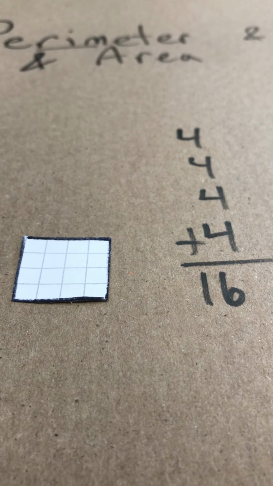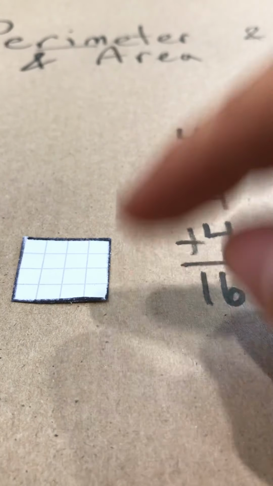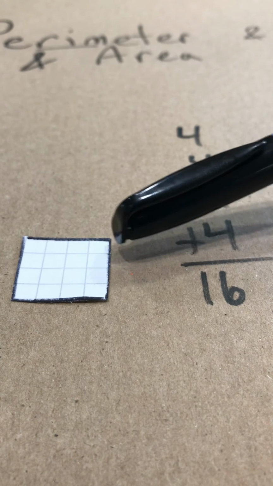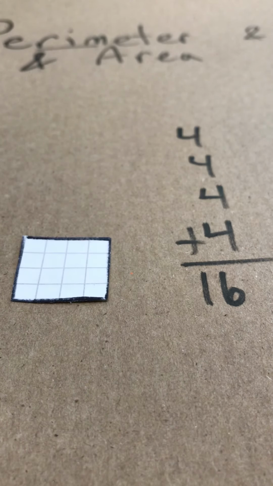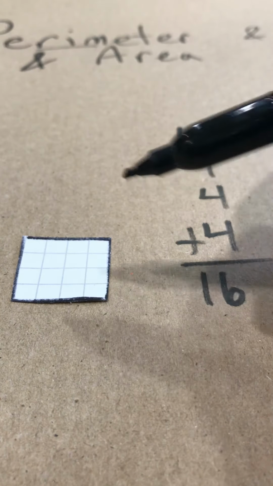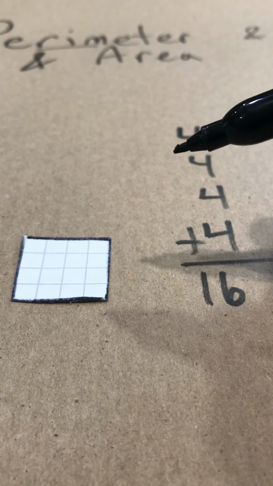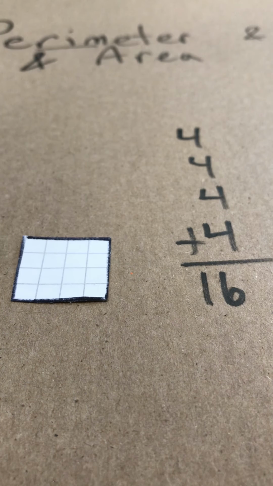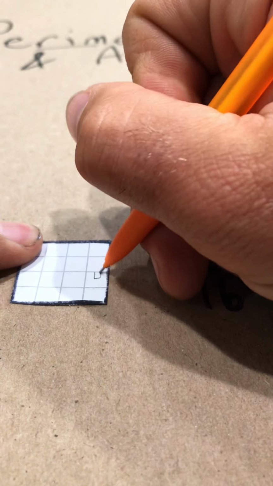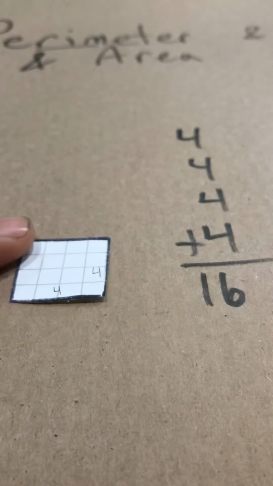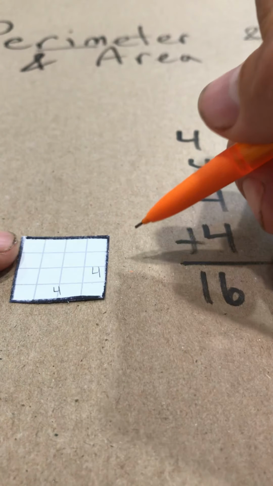Now, to count the area of a square, you have to count all the space inside. All right, and so since I have this on grid paper here, we could actually count how many squares there are here. There are 16 squares in there if I count 4 rows of 4, and I could calculate that by taking the length times the width. All right, so we have 4 by 4, and I could say length times width is 4 times 4, which